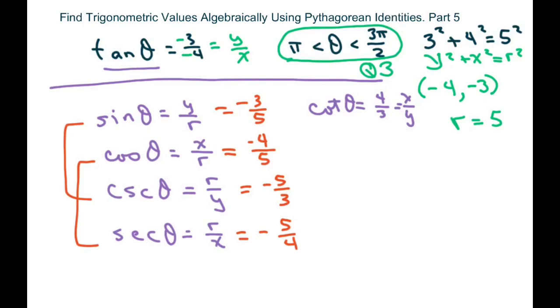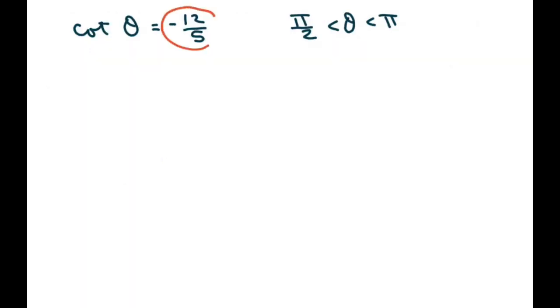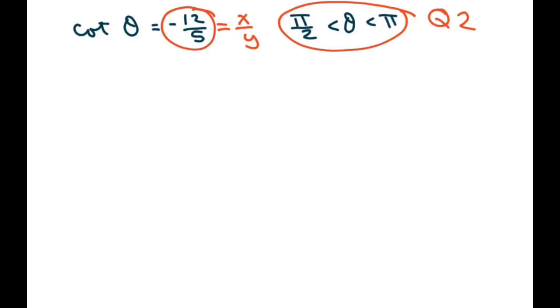Okay, and this last one is very similar. We have this is cotan. Cotan is x over y. Here, this means we are in quadrant 2. In quadrant 2, my x is negative, my y is positive. So in this case, the negative goes with the 12, and the y is 5, and knowing your triples,